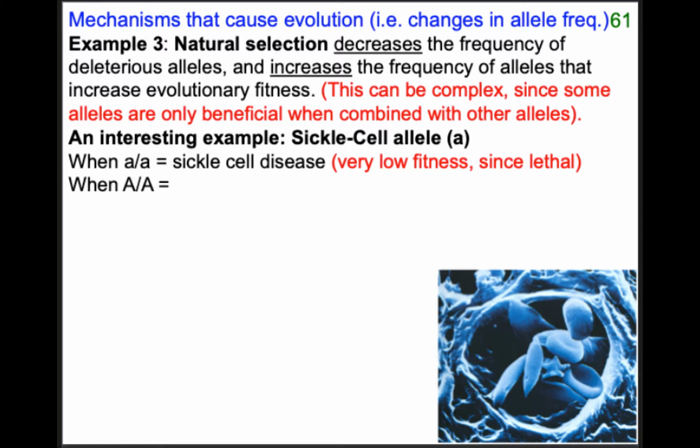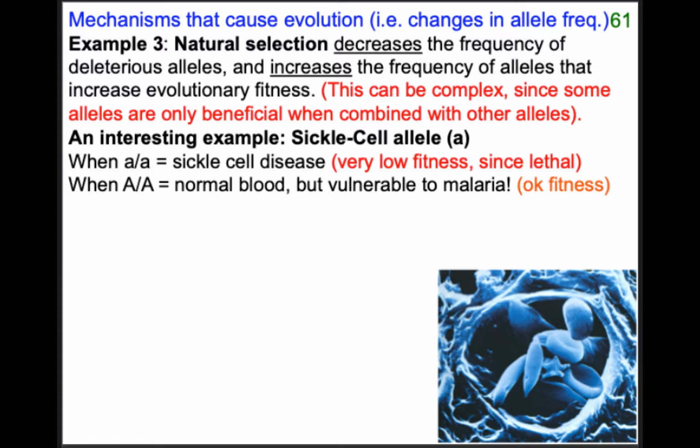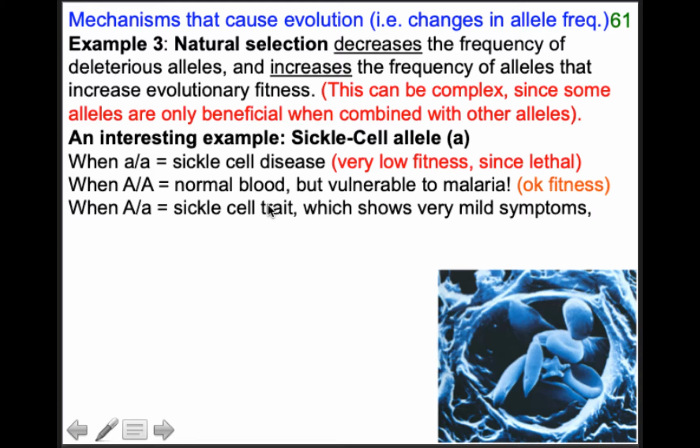When you're big A, so you're homozygous for the wild type dominant allele, then you have completely normal blood. But the downside, if you're living in an area that has malaria, is that normal blood is quite vulnerable to malaria, so your fitness is not great. And strangely, we don't fully understand why, but when you have a heterozygous individual, where you'll see some of the cells being sickle-shaped, we call this sickle cell trait. Notice it's different from disease. Disease is when you have two copies of the recessive allele, and therefore very low fitness because you're showing the full sickle cell disease. When you're heterozygous, we call that having sickle cell trait, where the symptoms are very mild,